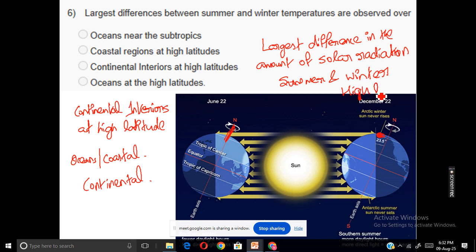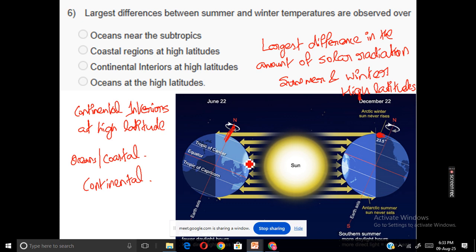High latitude regions have the highest difference between the amount of solar radiation that they receive during the summer and winter periods. We know that at the equator there isn't much change because it is receiving enough radiation. There is very little change comparatively, that's what I'm saying. The change is very small. As we go up, because of this axial orientation, where one pole is facing towards the sun and one is facing away from the sun, the amount of solar radiation reaching the higher latitudes keeps on decreasing.